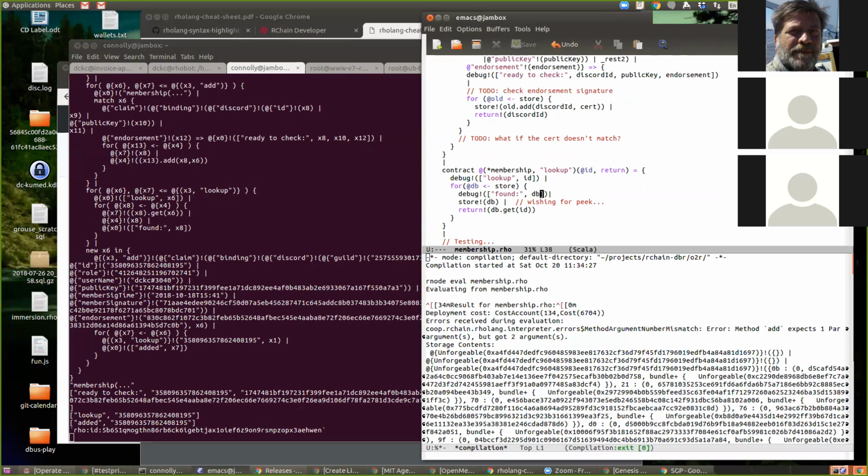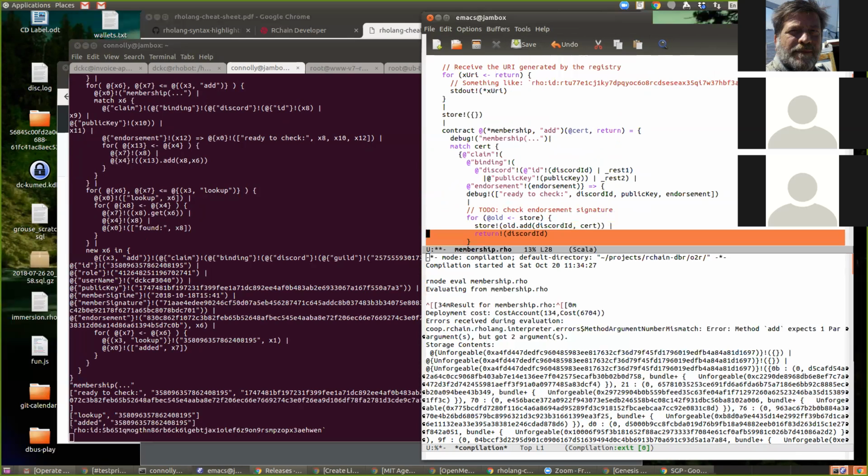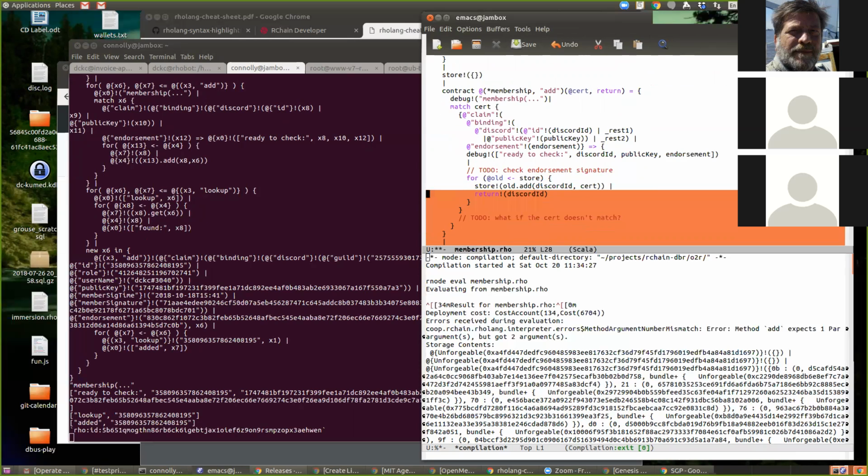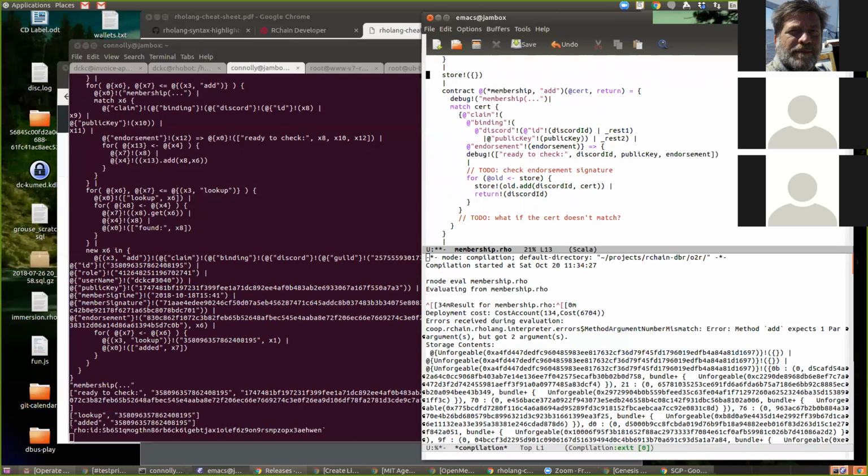It's not getting to this point. Okay, so this for here is not firing. Okay, so it's not reading the store. So I initialize the store to an empty map, and then let's see if I ever take something out of the store without putting it back.